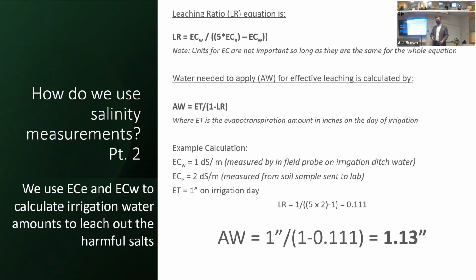And these equations illustrate how you would calculate that. So if I know the salt in the soil, and I also know the salt concentration in my irrigation water, I can create what's called the leaching ratio, a ratio between the salts in the soil and the salts in the water. And then there's a relationship between that and how much water is needed by the crop in that day. Let's say we have a crop like corn that needs 1 inch today. In the water, we have 1 decisiemen per meter salinity, and in the soil, we have 2 decisiemens. If you plug it into this equation, I can say that if you apply 1.13 inches of water today, you should be able to